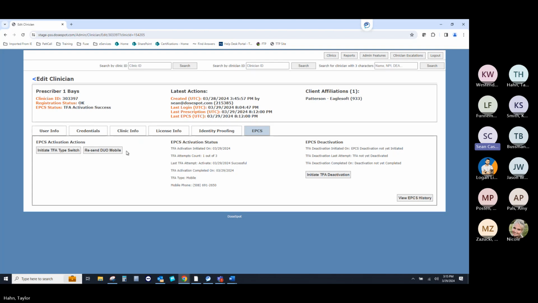And when we do that, we will also send out that link for the Duo mobile download as well. The other button we have over here is Initiate TFA Deactivation. This would only be used if the provider still has access to Duo mobile and everything. To complete TFA deactivation this way, they will have to put in one more TFA code